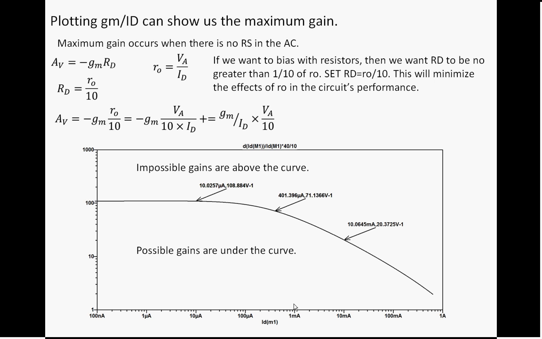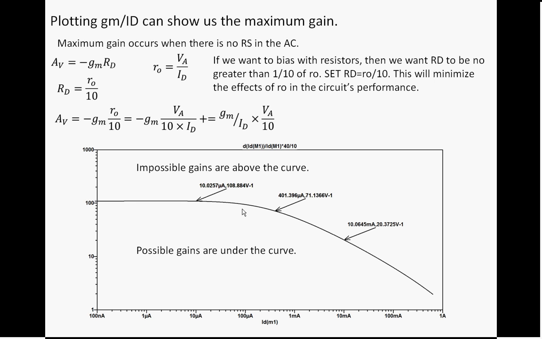You can also choose any gain under this curve, but if you are given a gain, design a gain of 200 or minus 200. So you can't do it with a single stage, because you might think, oh, all I have to do is increase this RD. But what will happen is that RD, which is in parallel with RO, will be limited by RO, because what you would do is make RD greater than RO, and then the parallel combination would actually have that RD drop out. So really,